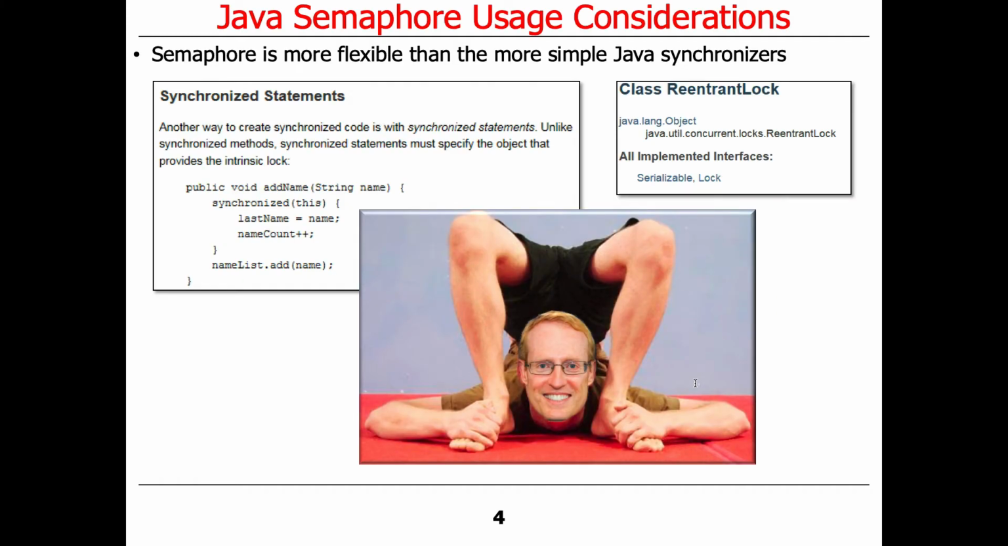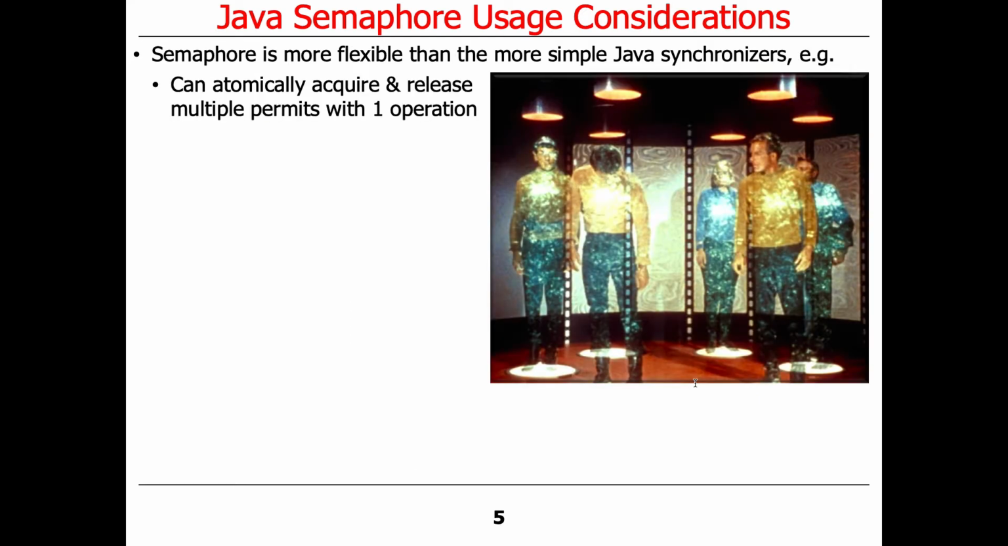So semaphores are a lot more flexible than the more simple Java synchronizers. Things like synchronized statements and reentrant lock are some of the simple mechanisms, and semaphore is more flexible. In particular, you can atomically acquire and release multiple permits with a single operation, which is something you really can't do with the other mechanisms. You can't acquire the lock 5 times with a reentrant lock or with a synchronized statement. But with a semaphore, you can acquire multiple things with one